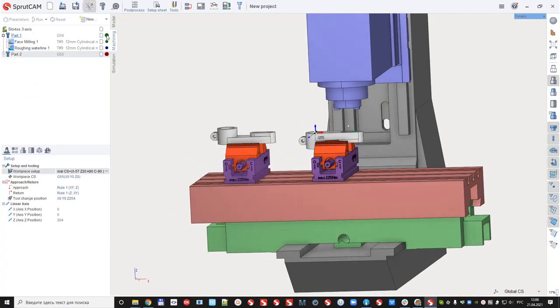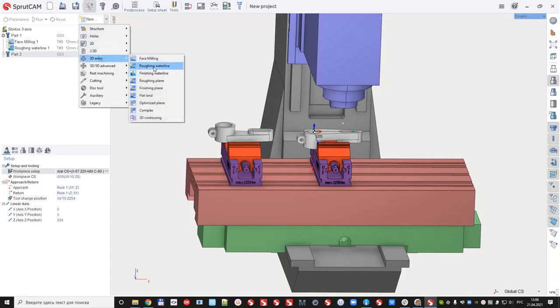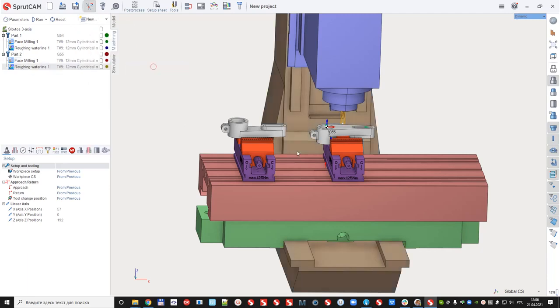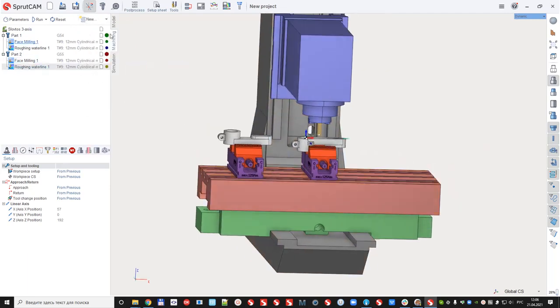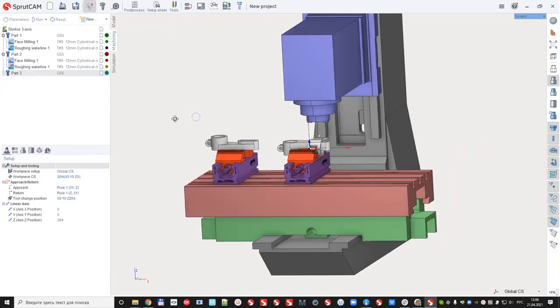Okay, enable visibility. Again, create operations, face milling, roughing waterline, and create the third side, again part,